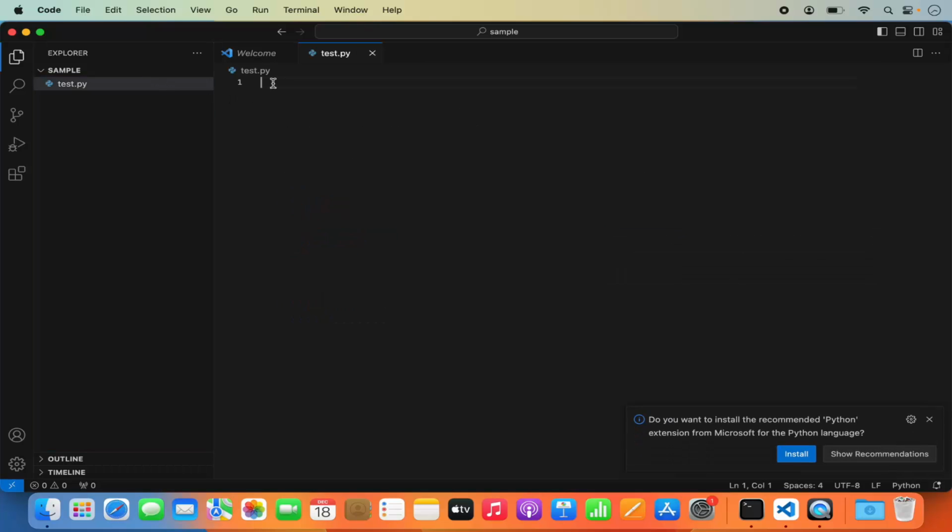As soon as I create a test.py file, Visual Studio Code is going to recognize that I want to create a Python script, and it gives me this kind of pop-up which says, do you want to install the recommended Python extension from Microsoft for the Python language? So Visual Studio Code provides different kinds of extensions for different kinds of programming languages. You can directly click on the install button, which is going to install the extension,